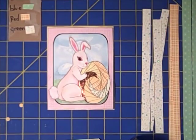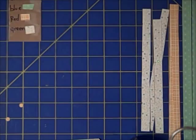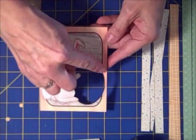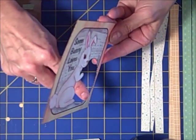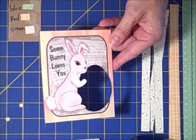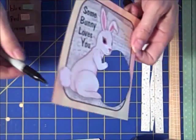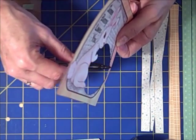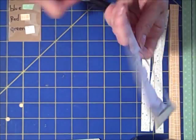Alright, now I've printed out my pattern. Now what I need to do is cut it out. And I've already cut one out here, so we don't have to waste all that time. I cut the egg out completely. Now, when you cut something out, you get these little white edges in there, and I don't like those white edges. That's what the Sharpie is for. I take my Sharpie up underneath, and I just color all that white in so that white isn't going to